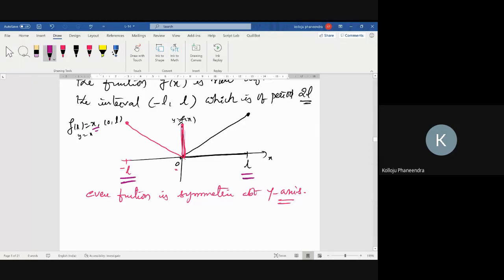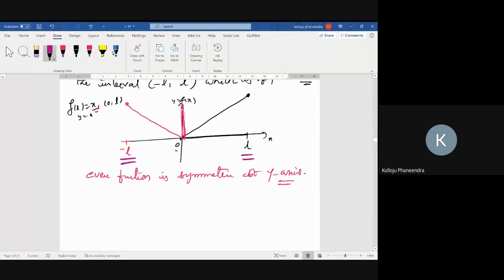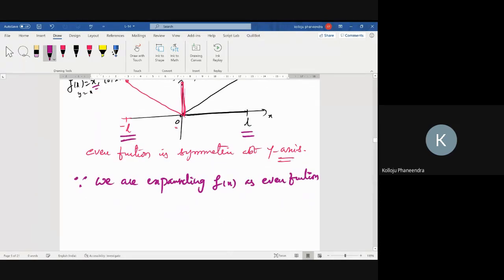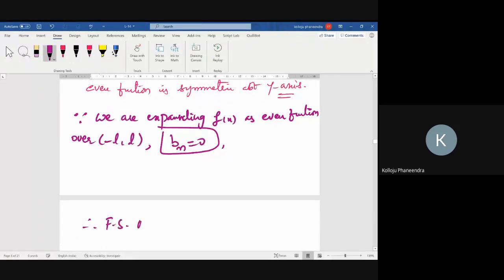I can expand. I can find Fourier series. Since we are expanding the function f of x as an even function over the complete interval minus L to L, definitely bn equal to 0. Therefore, the Fourier series of f of x